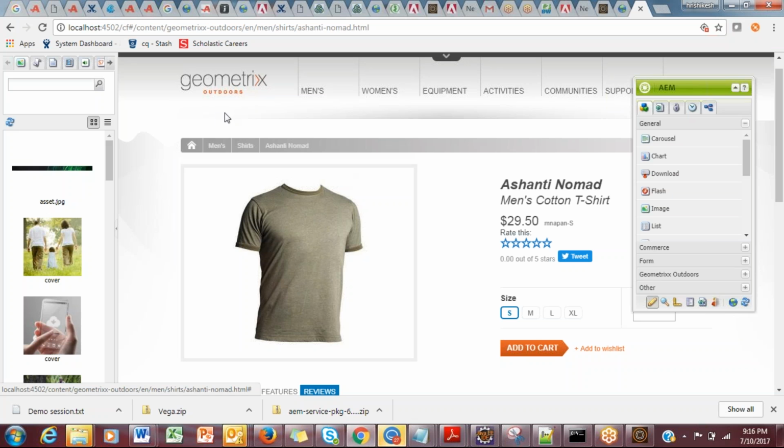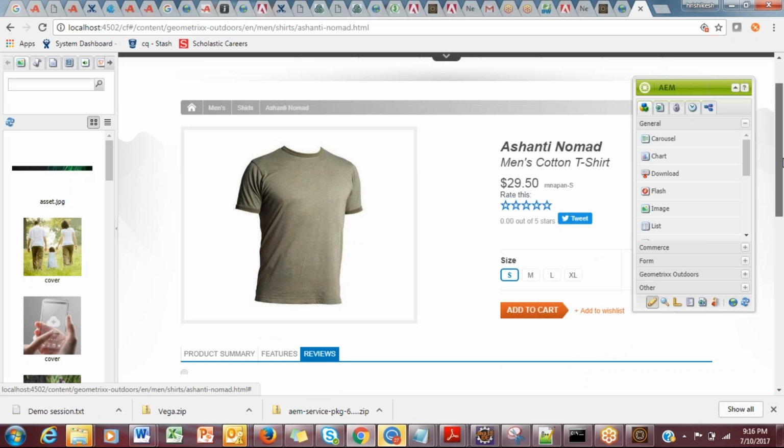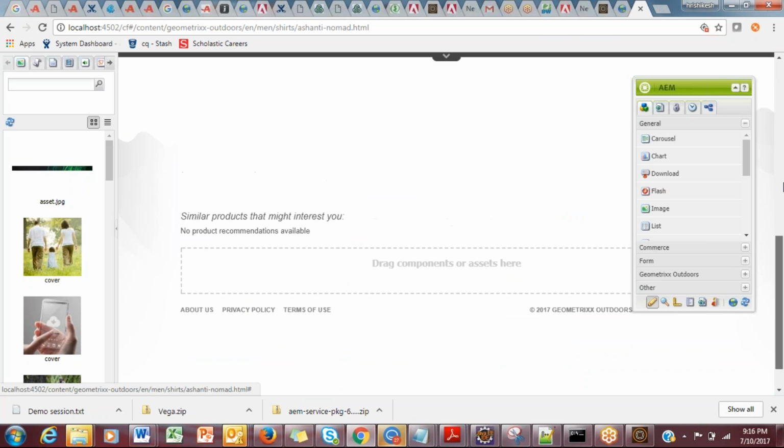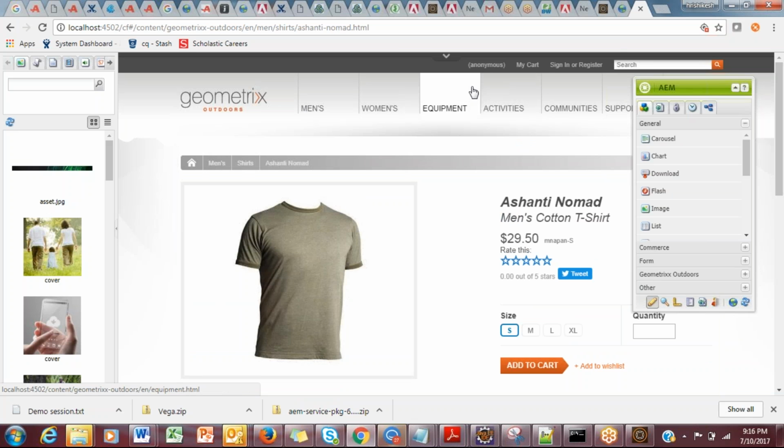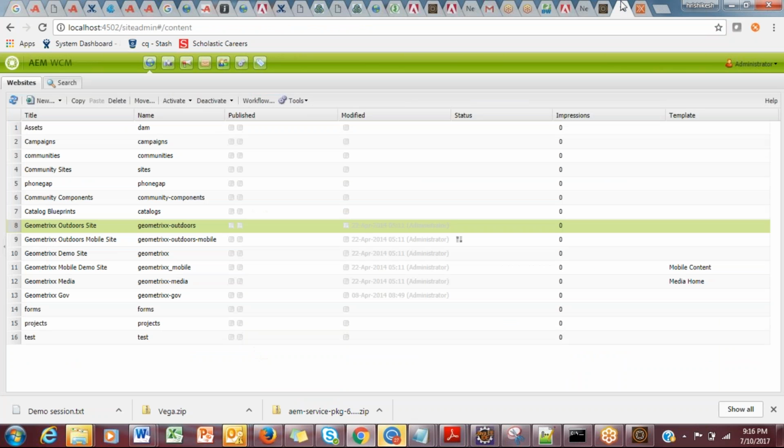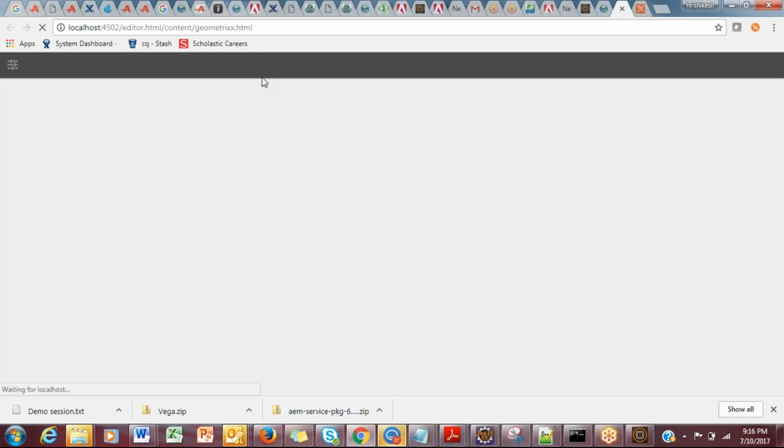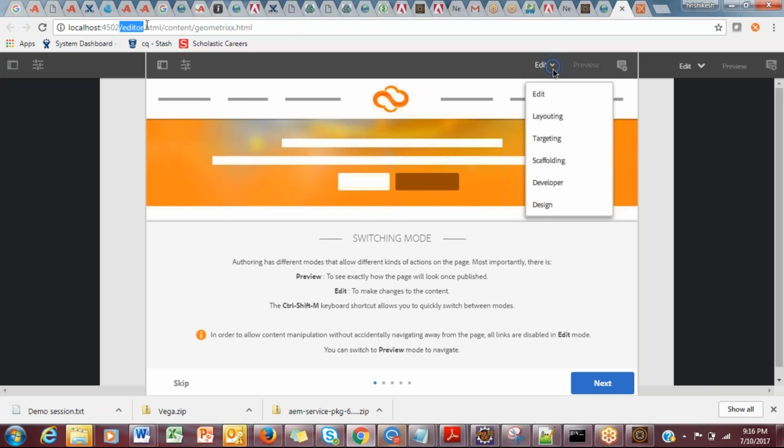So what are some of the components? This is a header component. You would have a footer component here. You could also have an image. You could have a text. And I think there's one person who is new to all of these systems, so let me give you a little bit of basics here.